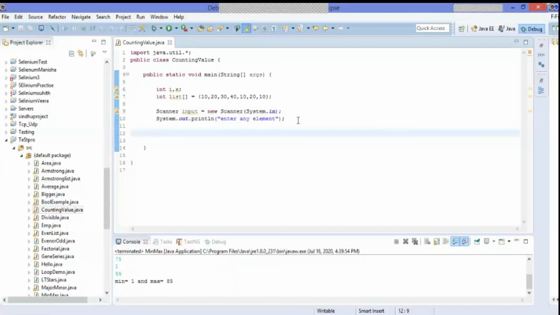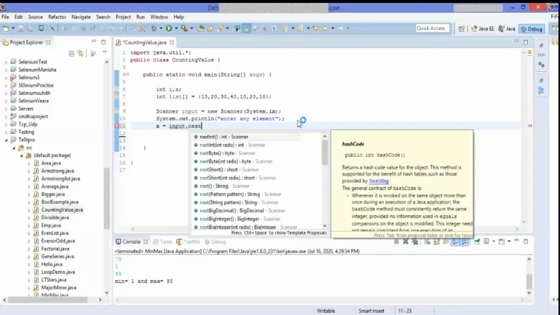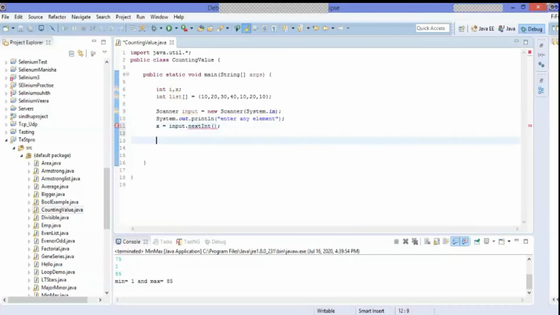So like that I'm executing the logic here. Enter any element. That element I'm going to store in x, so x is equal to input.nextInt(). Now we have to start with the first value, so for i equal to 0, i less than size, i plus plus.